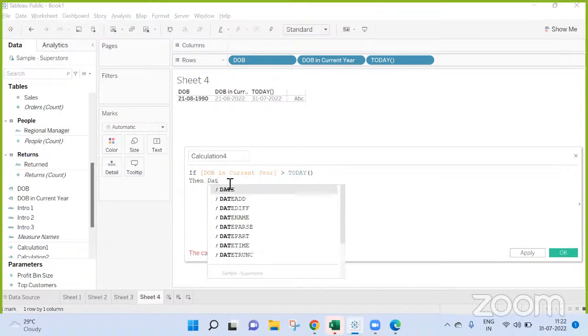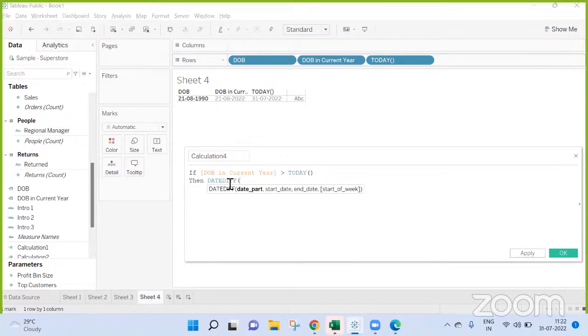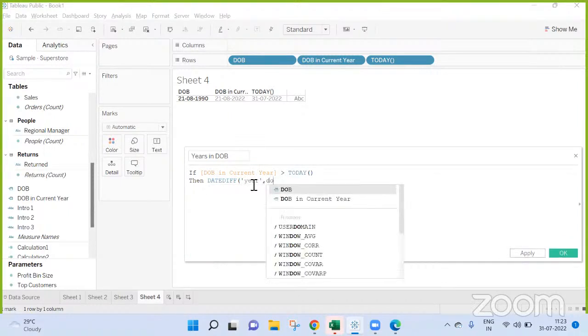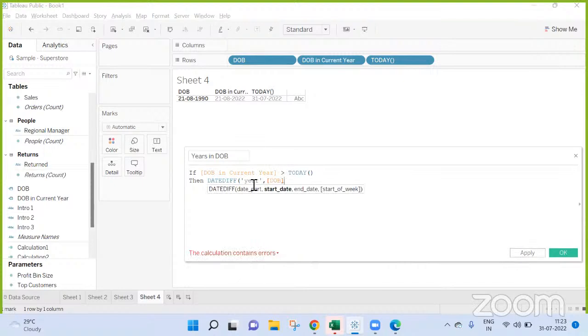Now here, if the date of birth in the current year is greater than today, then I will take date diff. I'm currently working on years. Let me name this as years. Here I am taking date diff of year, comma, DOB, date of birth, comma, today.